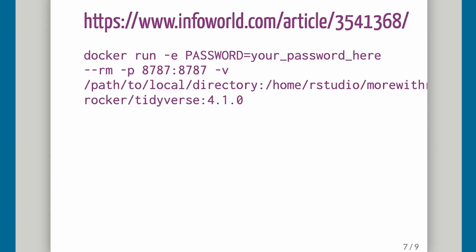Now, if you're not yet ready to install R 4.1 on your system, one easy way to see it locally is by running it inside a Docker container. You can see full general instructions on how to run R in Docker at the InfoWorld link here. Basically, download and install Docker, run it, and then run the code here in a terminal window. Not the R console, a terminal. So let me do that now.